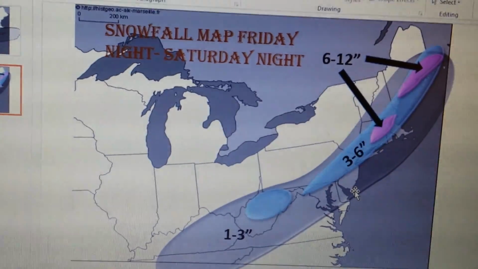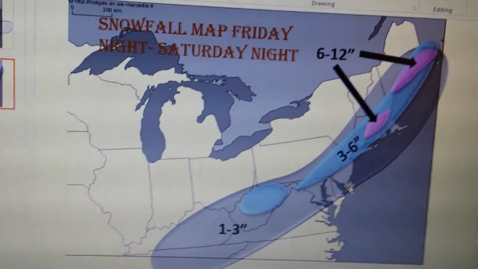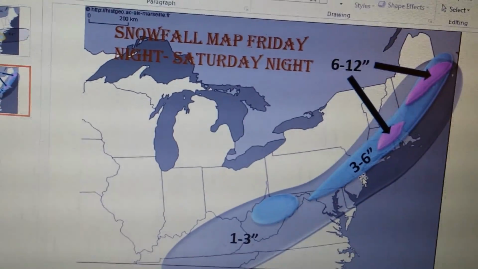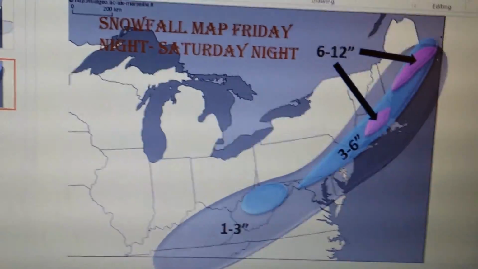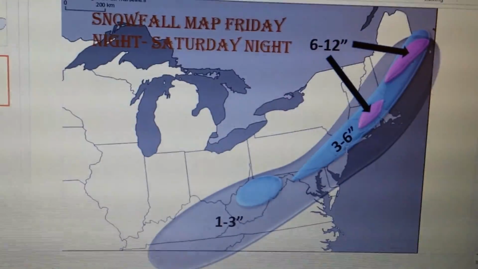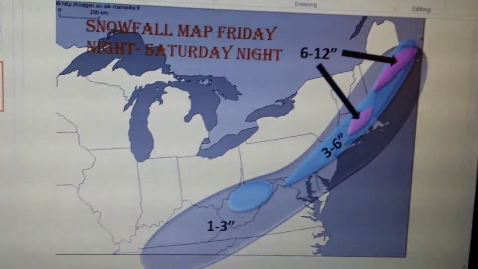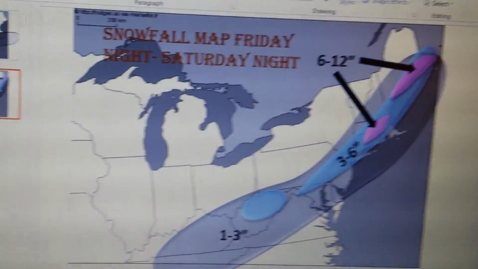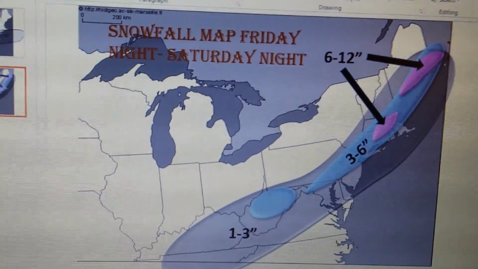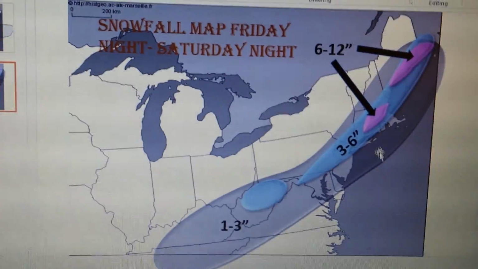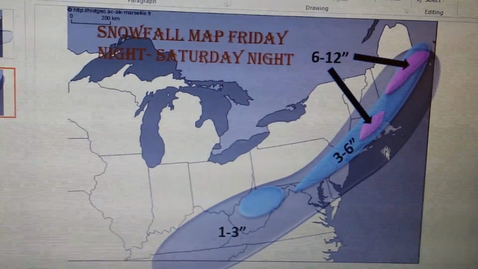Coastal southern New Jersey, you're going to mix again, so 1 to 2, maybe 3 inches for you guys, including Atlantic City, 1 to 2, maybe 3. Now, most weather forecasters have New York City and Long Island 1 to 3. I have 3 to 6 there for a particular reason, because as that low moves up, it's going to strengthen,